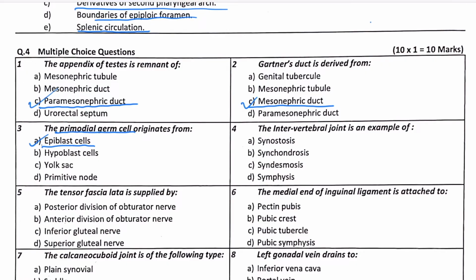MCQ number 4. The intervertebral joint is an example of synostosis, synchondrosis, syndesmosis, symphysis. The answer here is symphysis. Unless specified, the intervertebral joint is considered to be a joint between the two vertebral bodies. Although there are at least three joints between two vertebrae, and I believe you should know this,